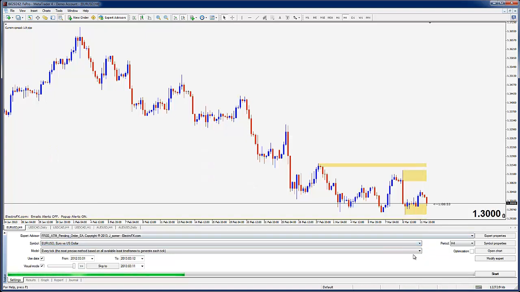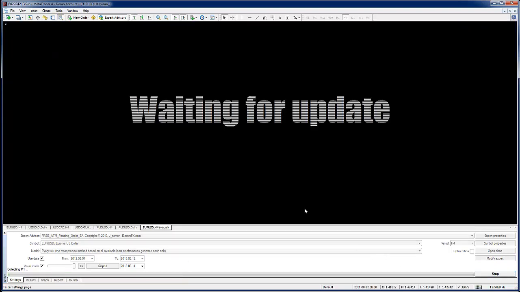Choose the euro dollar or any symbol you like. Go to the H4 chart, the every tick model, and check use date and visual mode. Okay, put the speed to maximum, and this button is pause and play. So when you first set this up, it's probably going to play and you need to pause it, but I'll show you that in a sec. I've set up just 1 year of information here on the dates from and to, and when I click start,